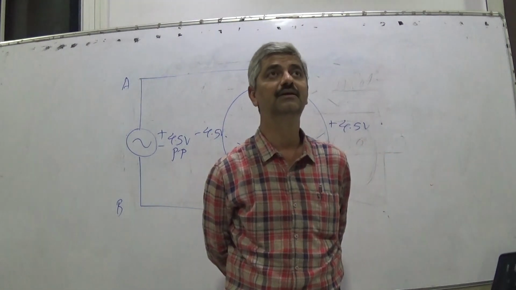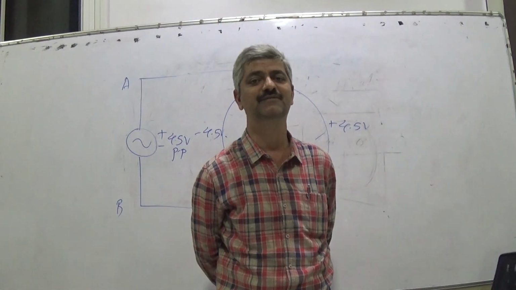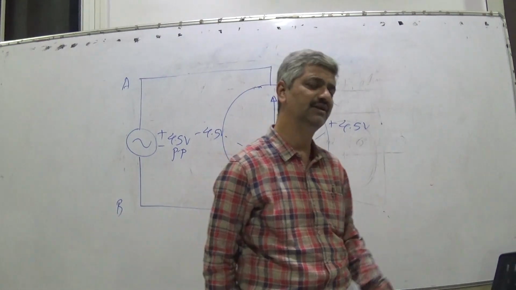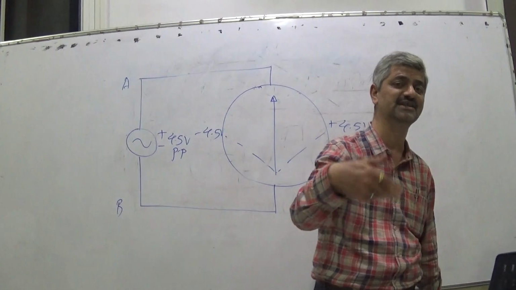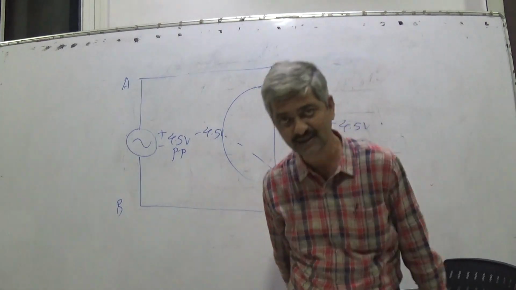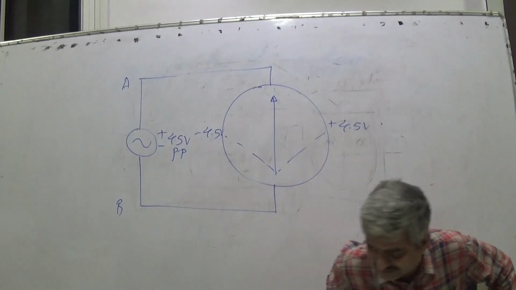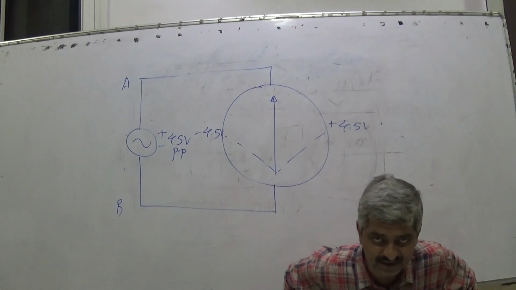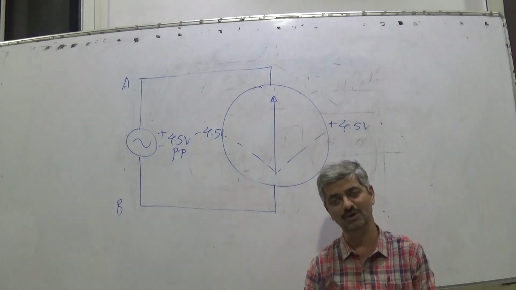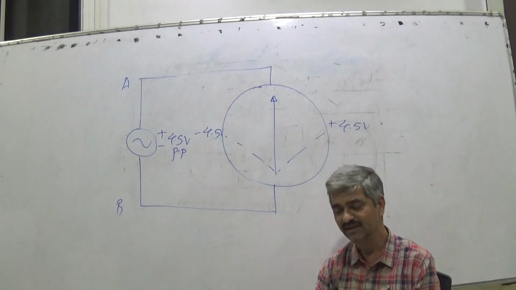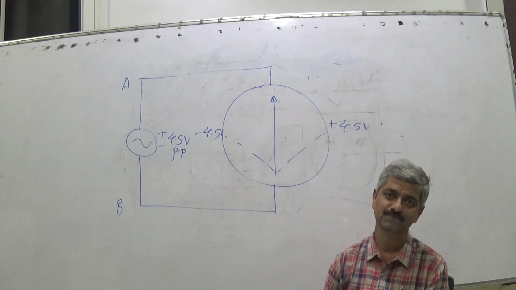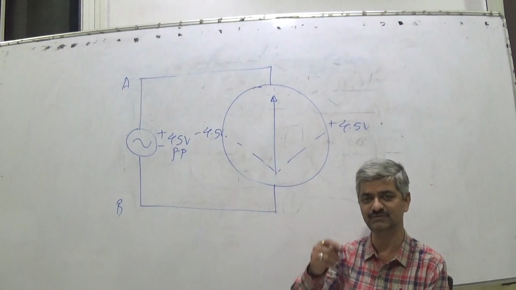So there may be different frequencies. Our supply frequency is 50 Hertz. You can increase it. In US it is 60 Hertz. You can reduce it. You can have a signal generator which will generate the AC signal of variable frequency. You can change it right from 1 Hertz, 10 Hertz, 20 Hertz, 50 Hertz, 100 Hertz, 200 and so on. In that case, if 1 Hertz is the frequency, what will happen? That voltage will now,